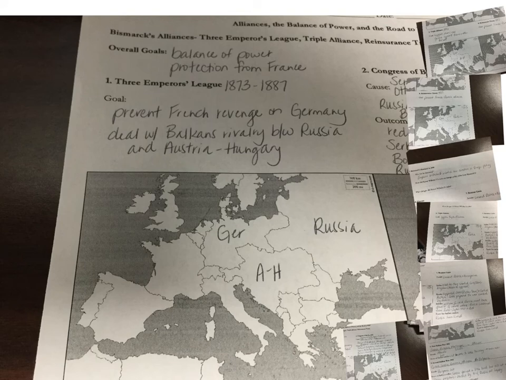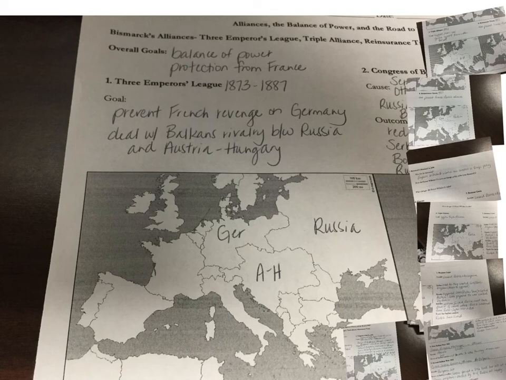And so it's actually, in a lot of ways, due to a series of treaties by Bismarck and then a series of wars in the Balkans that lead directly to that conflict that starts World War I. And so I think it can be rather complicated, and so this is the best way I found to go over it. Normally, if I was here, I would go over it with you on the Elmo and fill it out as we go. But I thought since I can't do that, I would take pictures of the different sections and we would go through it pretty much as if I was there.